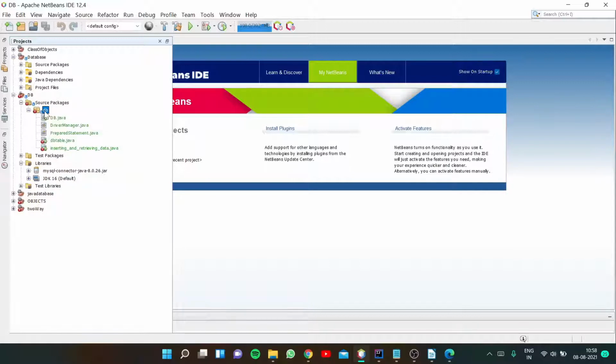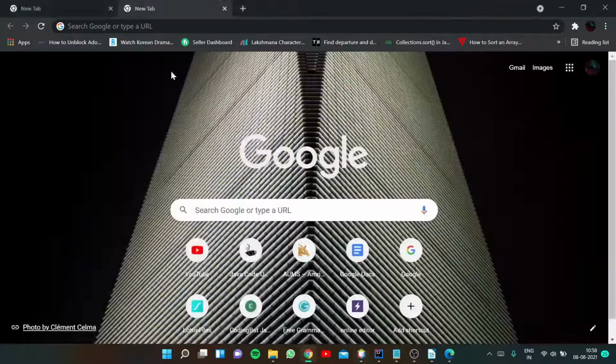So in here we have some main things that we have to focus on. First we have to download some things. I have already downloaded and added those libraries, but I will tell you what all things are needed for connecting to the database as well as for inserting, deleting, updating the data in the database. We are doing it in the Swing concept. Okay, so we need something for connecting the database.